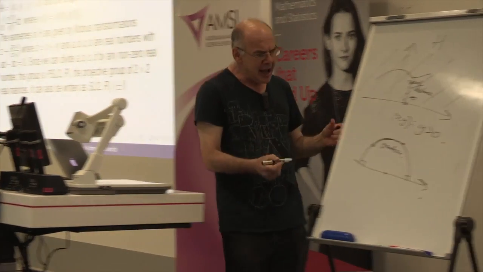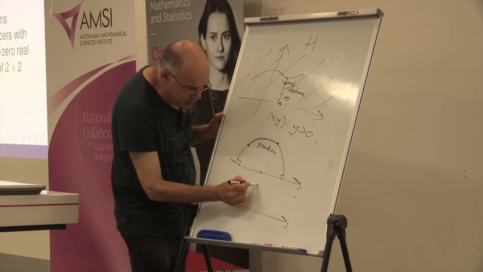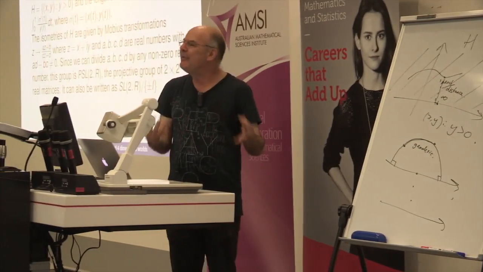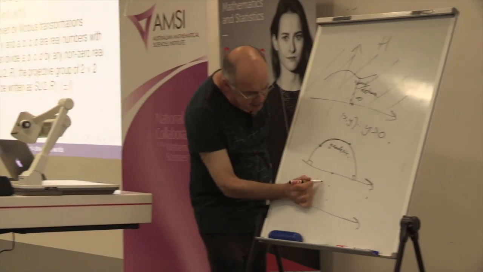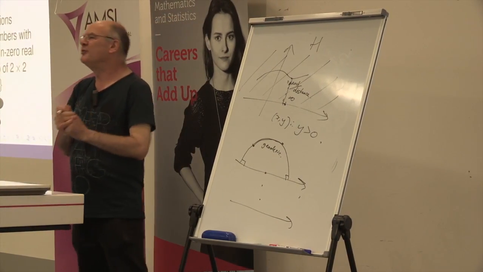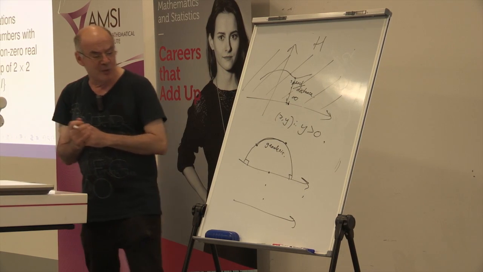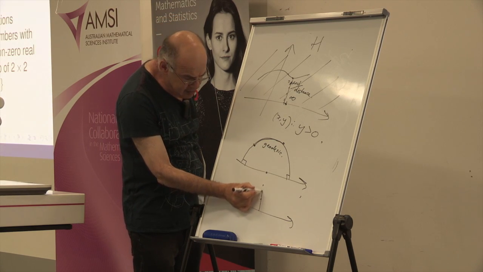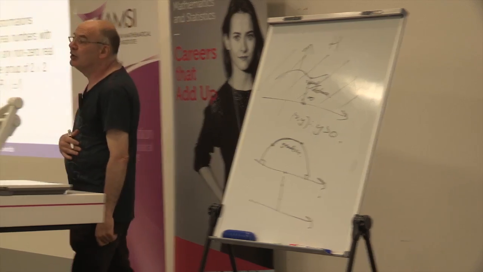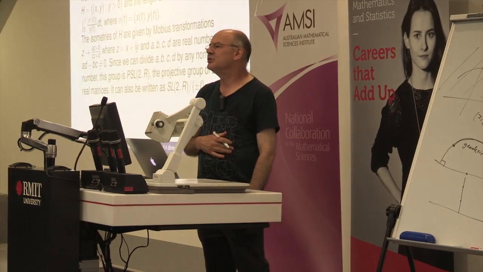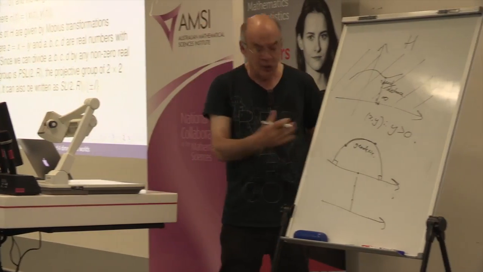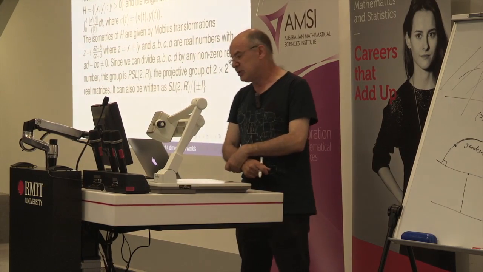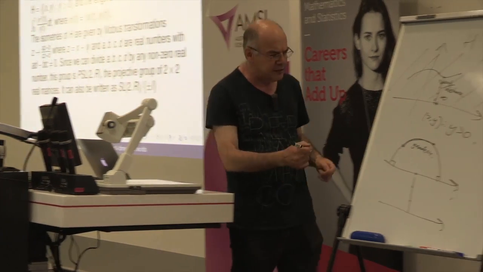Now, of course, you might ask, what happens if the points are vertically above each other like that? Obviously, I can't draw a circle like that. Well, if I take a sequence of points where one of the points is converging to being just above the other one, I'm going to have a sequence of circles which are getting bigger and bigger, and in the limit I'll get a vertical line. So the vertical line is then the geodesic joining the 2 points. And that's all the geodesics that you see. And the isometries are given by very nice transformations called Möbius transformations.